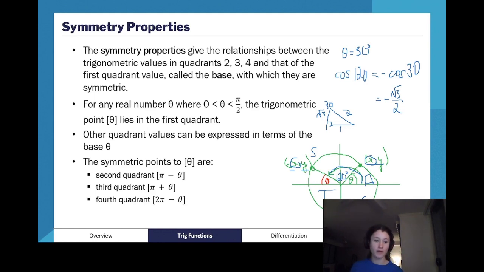So, that was a pretty standard example. What you can see that we have down here is the formulas for the second quadrant, third quadrant, and fourth quadrant. So you can apply these throughout all the quadrants. So, our second quadrant is pi minus theta. As you can see, pi minus 120 degrees gives us 30 degrees. Or in other words, 180, which is equivalent to pi, minus 120 gives us 30. And so